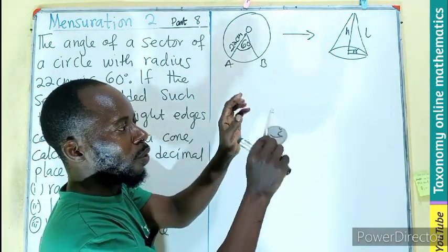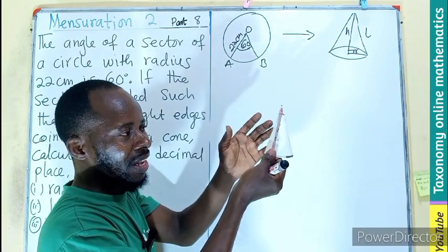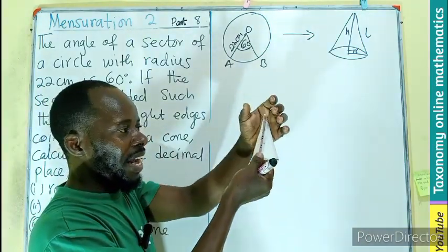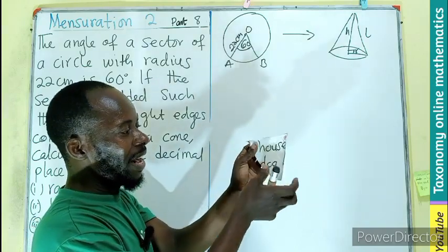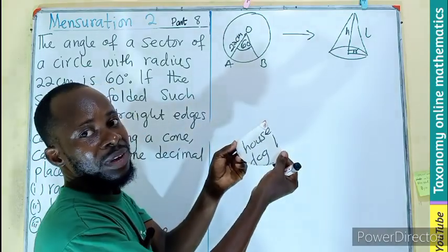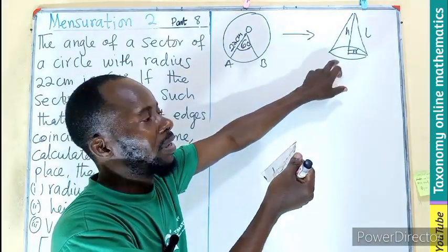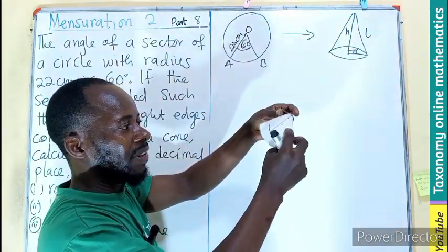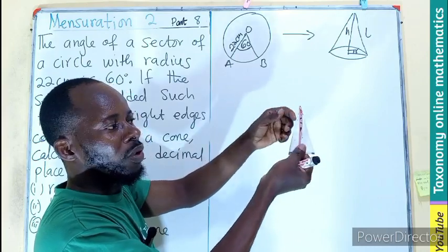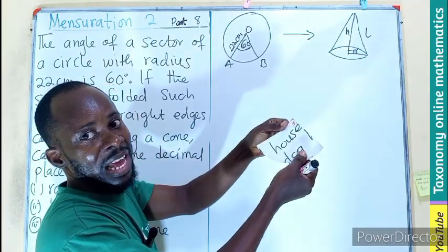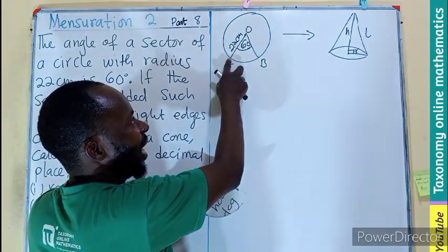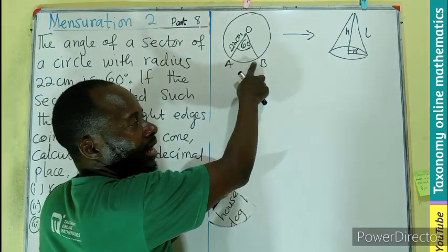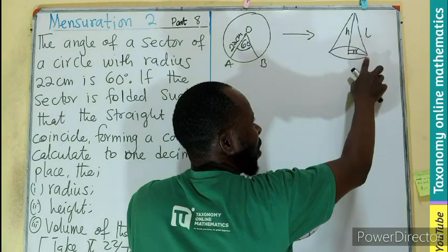So the whole of this, the area of the sector, is the same as the curved surface area of this cone. Or better still, the length of the arc of this sector is going to be the circumference